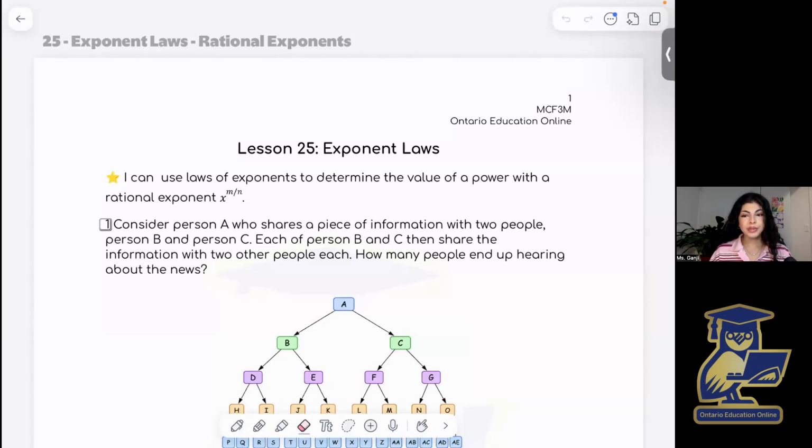Hello and welcome to the first lesson of our next unit for functions, where today we are starting our unit on exponential functions. But before we get into the functions themselves, we are looking at what exponents are and exponent